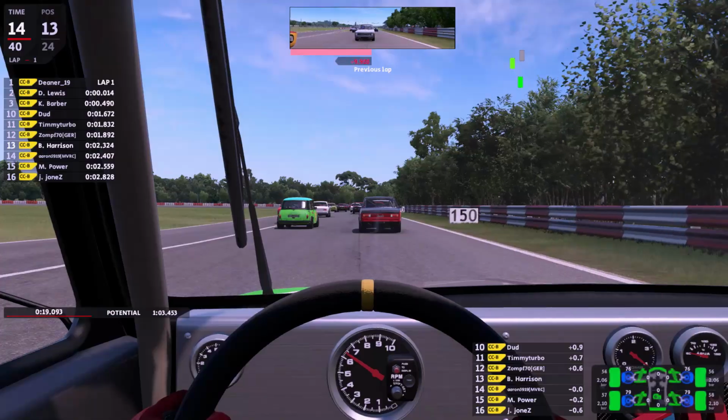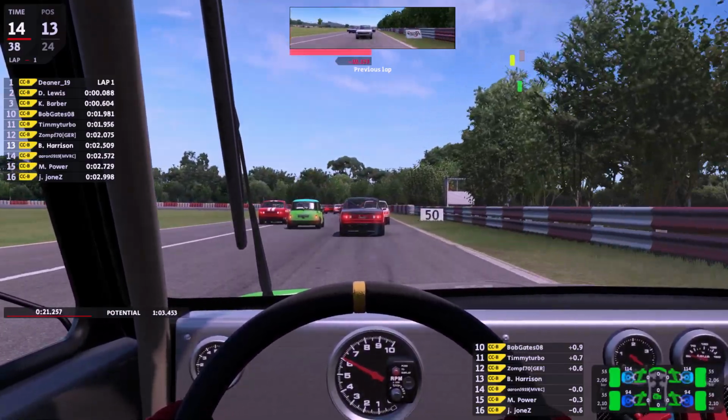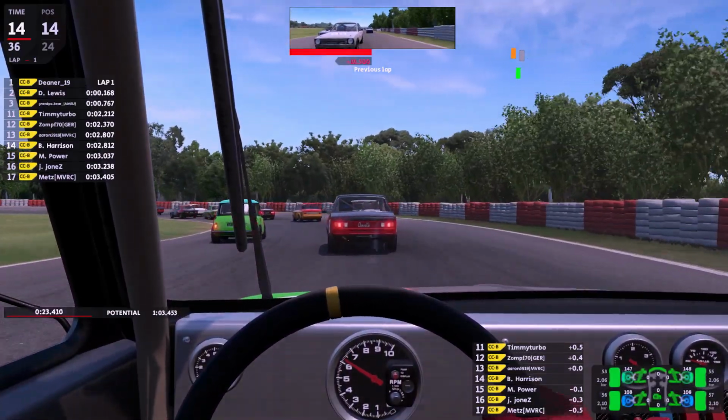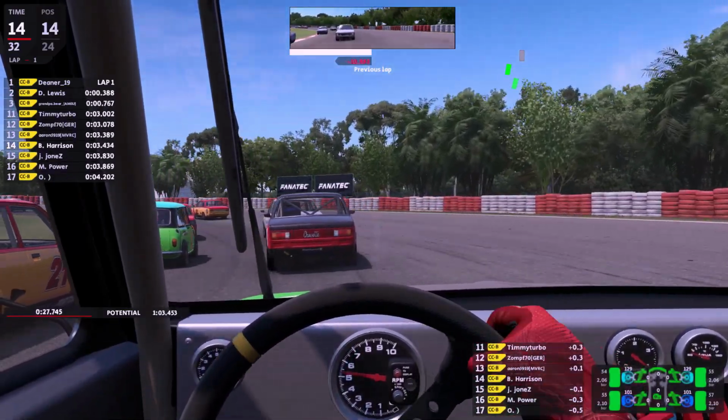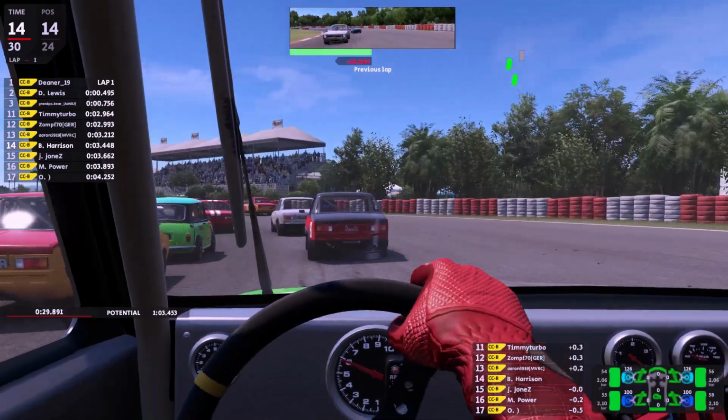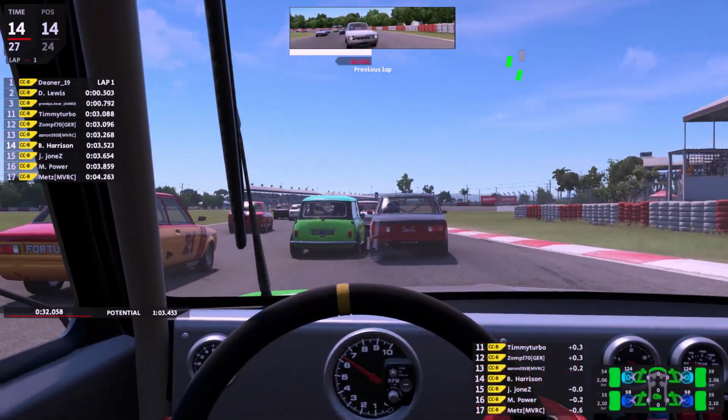We are straight underway then, bombing down into T1. This is a 15-minute sprint race with a mandatory stop. We're in the Chevrolet Chevette. Now this was very much an arrive and drive for me, so I'm learning the car and the track as we go here,